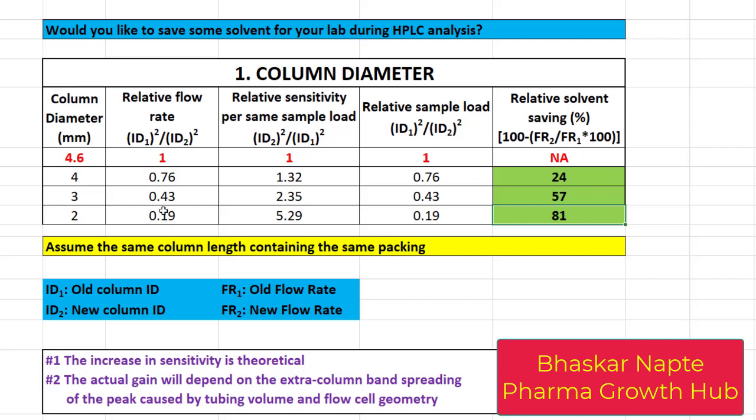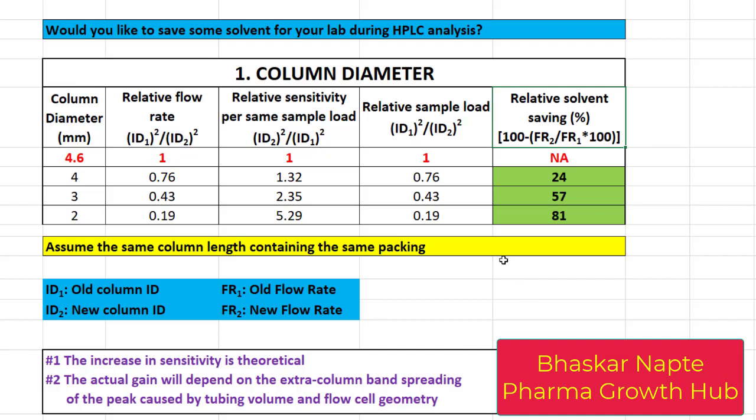So for understanding the calculation details, I have given the respective columns: the relative flow rate calculation, the relative sensitivity per same sample load calculation, the relative sample load calculation, and finally how I have calculated the relative solvent saving part. So in case you want to propose a shorter diameter column, you have a better chance. So this is just one factor,